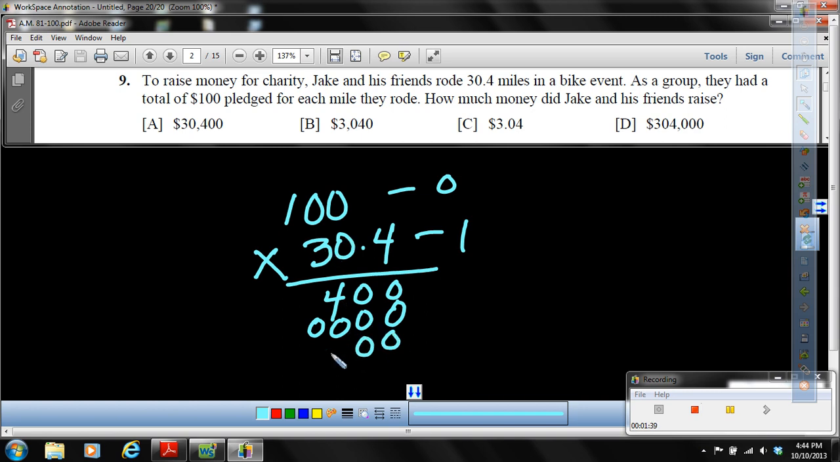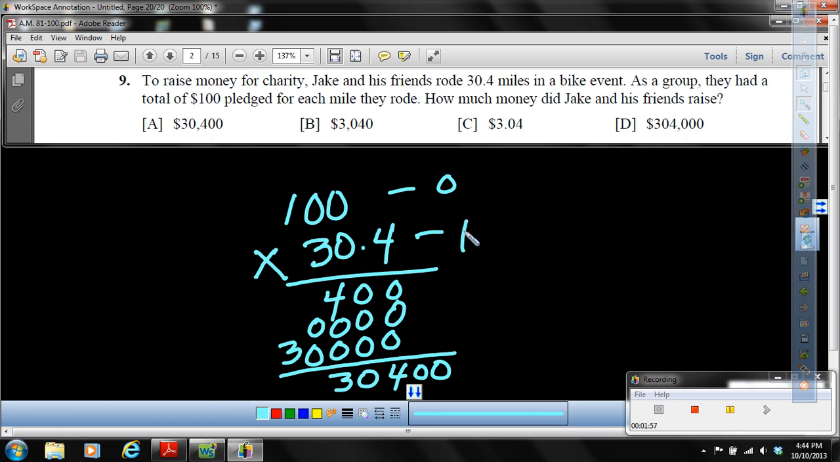3 times 0, 3 times 0, 3 times 1. We will add these up, and we would have 30,000 plus 400, which would be 30,400. We need to make sure that we go back, and we're going to look to see how many times